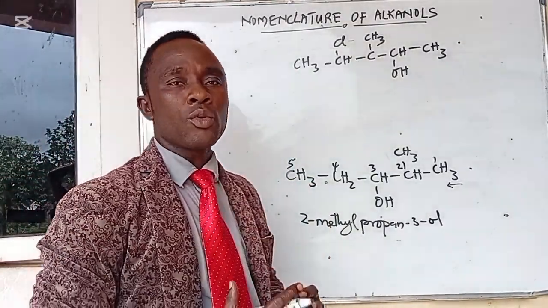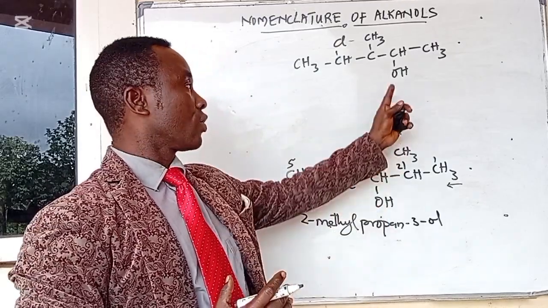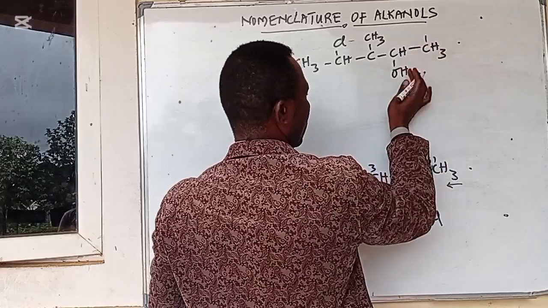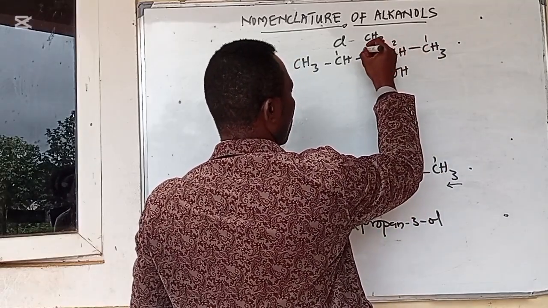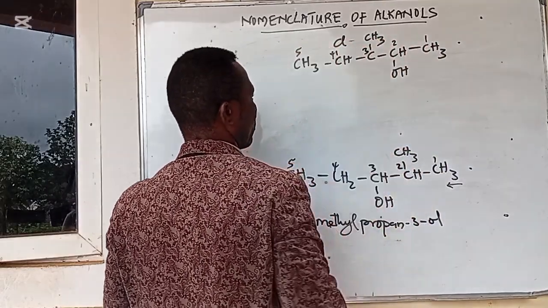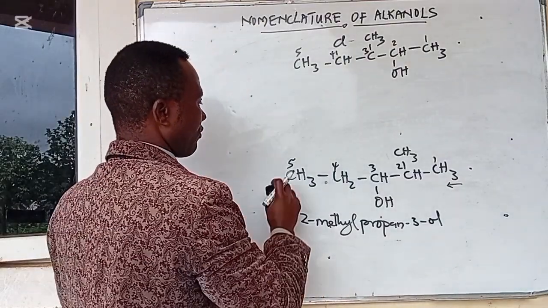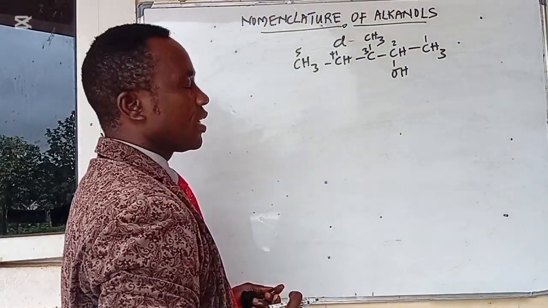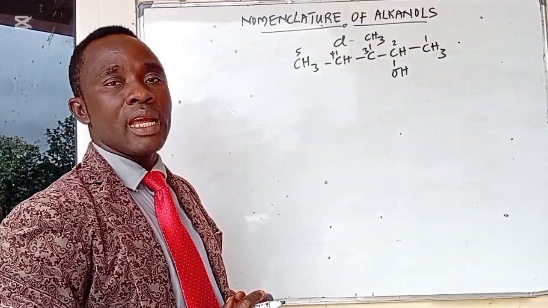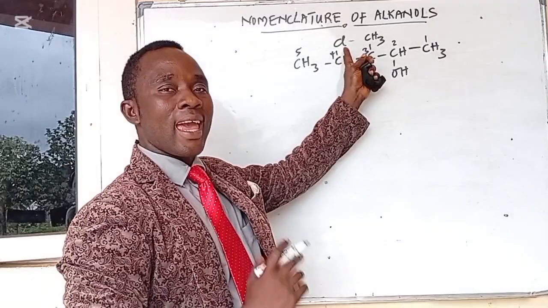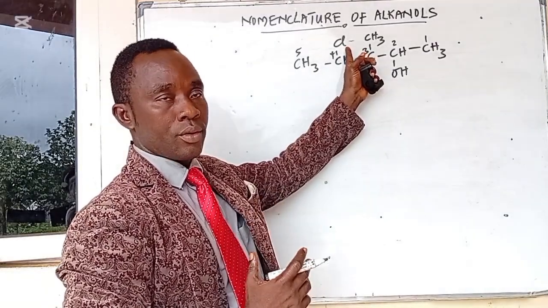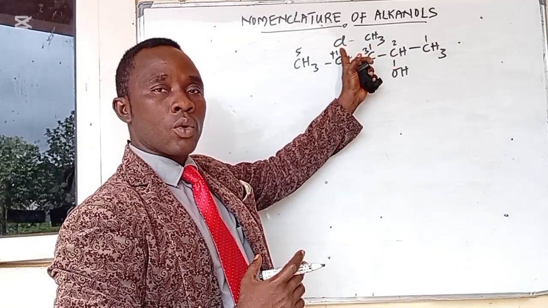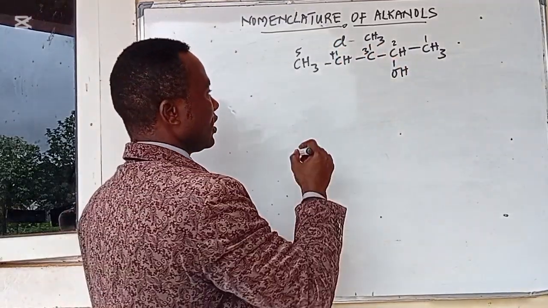Now, if you want to number, you number to give the hydroxyl group the least possible number. So from this side will be least for hydroxyl group. So this is 1, 2, 3, 4, and 5. So we have numbered, we have known the position of the hydroxyl group. The next thing is for us to name the substituent, but the substituent should be named alphabetically. This is Cl. Cl is chloro. And this is CH3, which is methyl. You can see that chloro comes before methyl. So the name should be